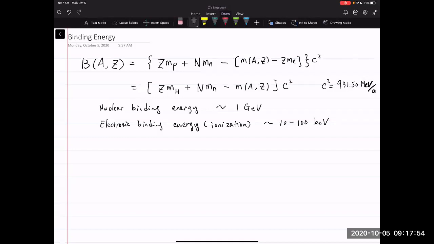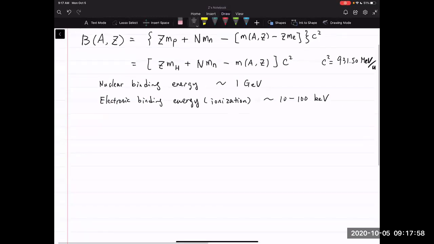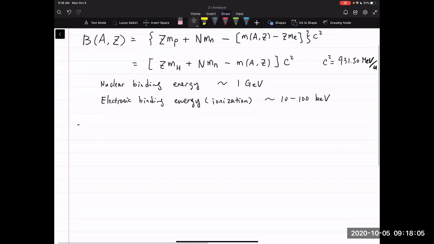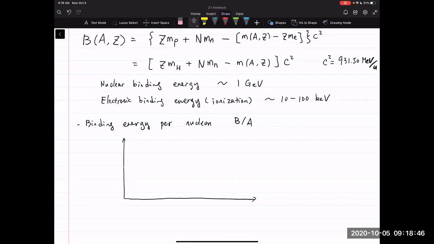Then a much more common quantity we use is actually not the binding energy itself, but the binding energy per nucleon. So it's B over A. When we have A number of nucleons, how much of the binding energy is assigned to each of them? This is an interesting quantity, because if we can measure B over A, the binding energy per nucleon, then we can plot that for all the nuclei. So we can plot this B over A